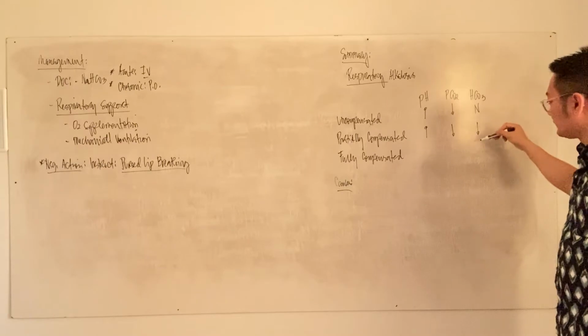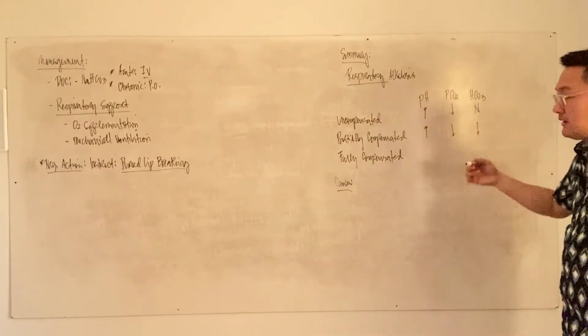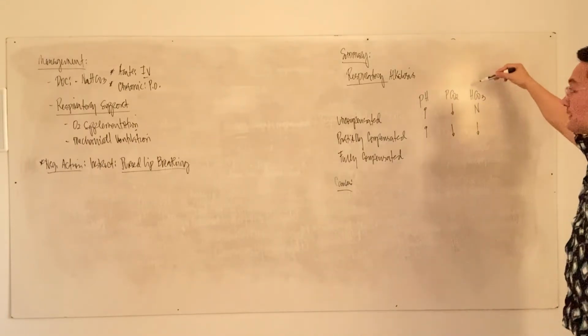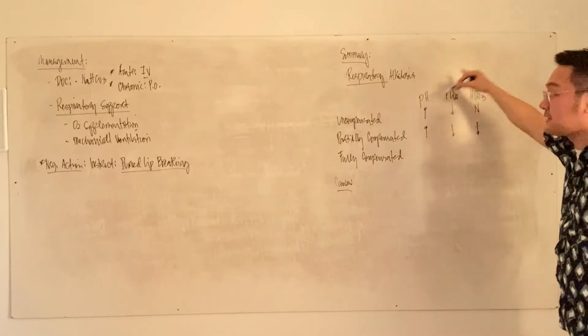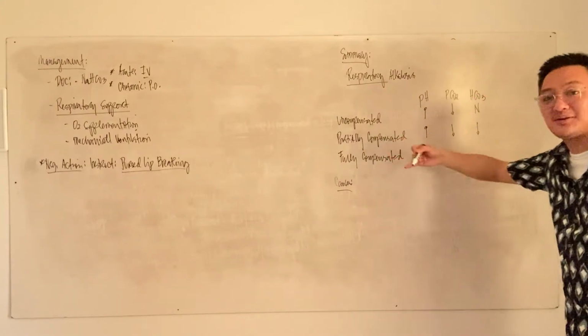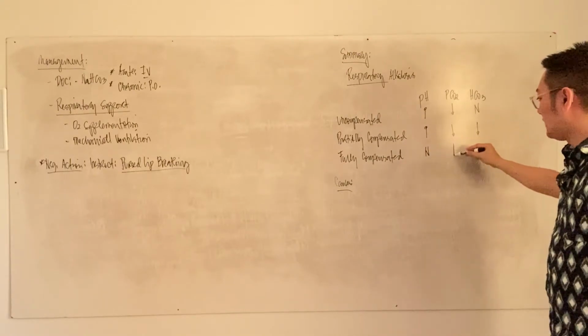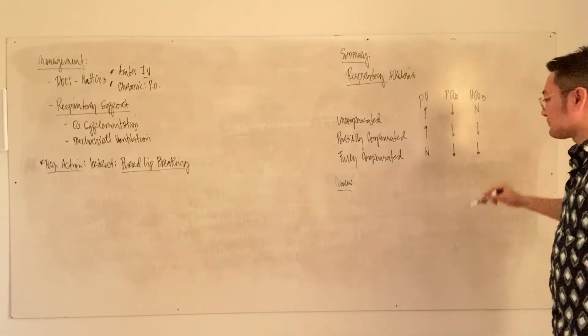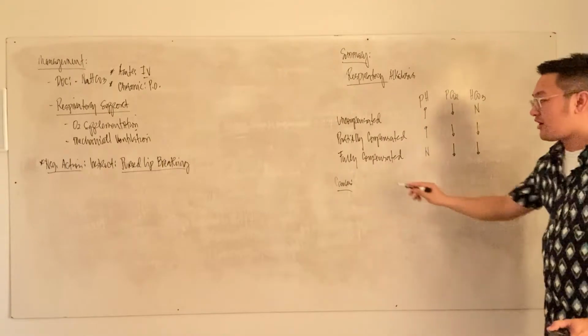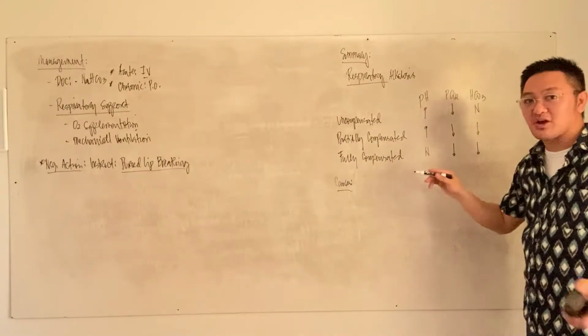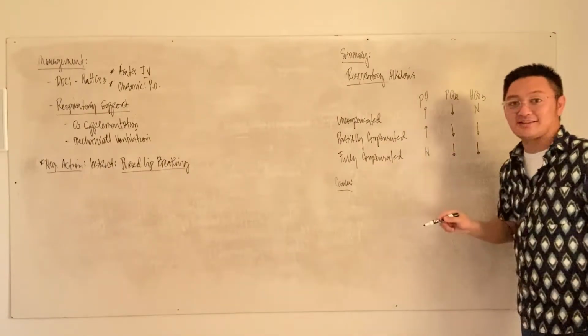Why is your bicarb low? Because bicarb is alkaline. The moment you increase bicarb, the more it aggravates alkalosis, the more it increases the pH, okay? If it is fully compensated, the pH is normal, PCO2 is low, bicarbonate is low. If you notice, all full compensation or fully compensated, they have a normal pH, okay?